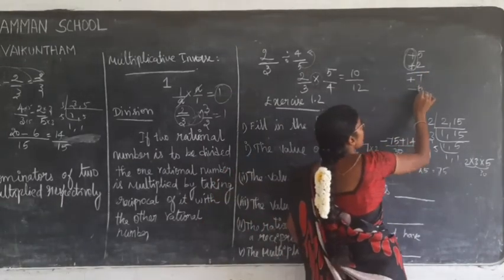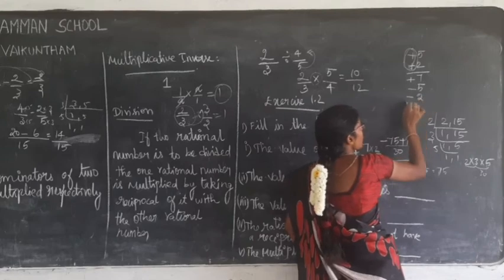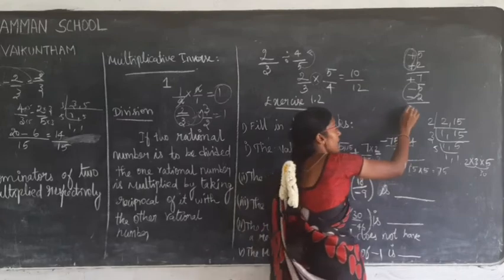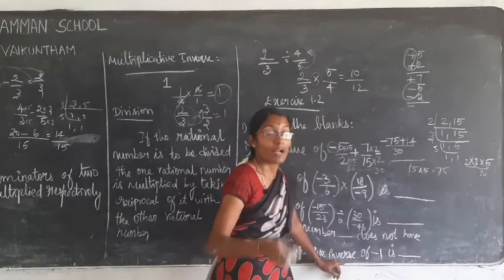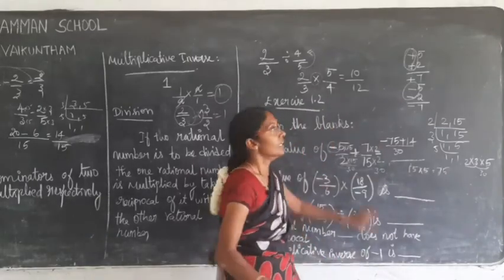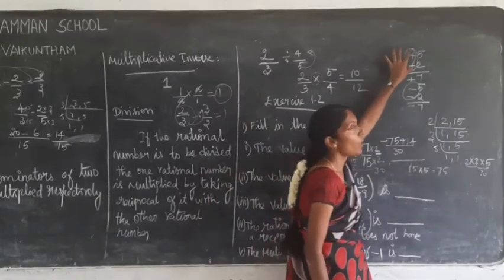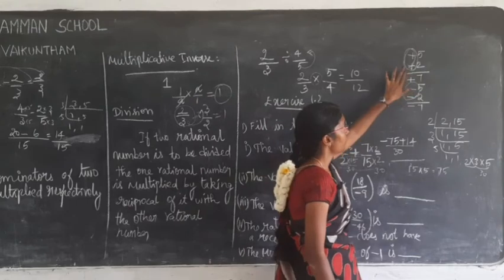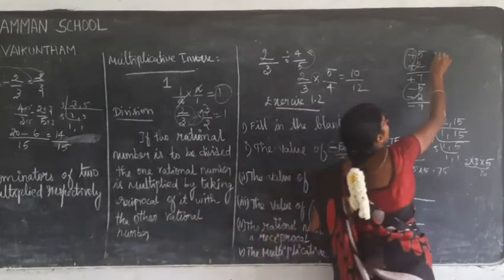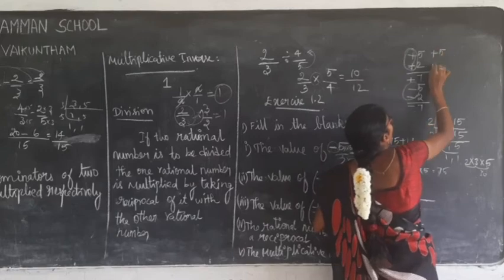Next one, minus 5, minus 2. Look at the symbol. The symbol is the same. You have to put the same symbol and add 5 plus 2, 7. Clear? If the symbol is the same, you have to add, either plus or minus. Okay? If the symbol is different, plus 5, minus 2,